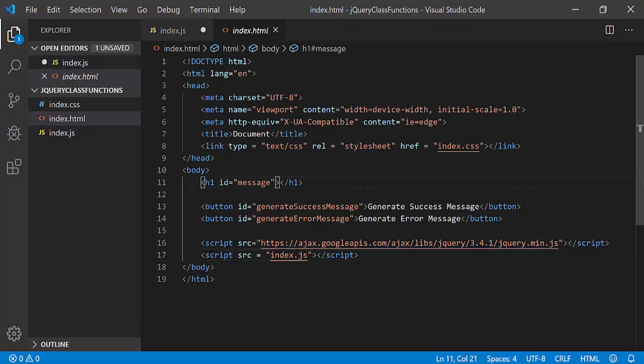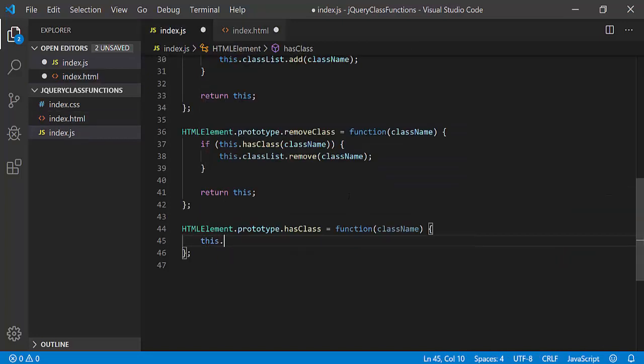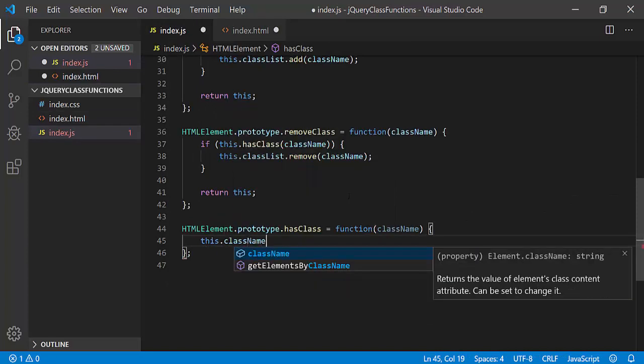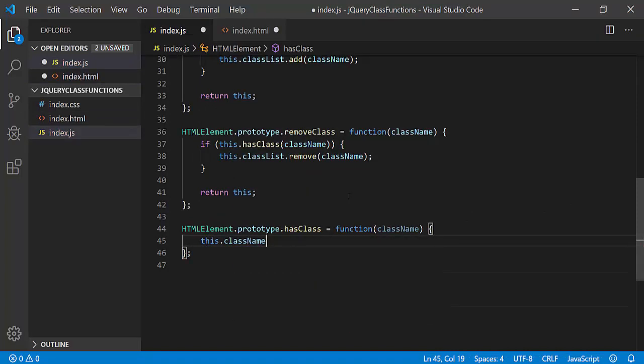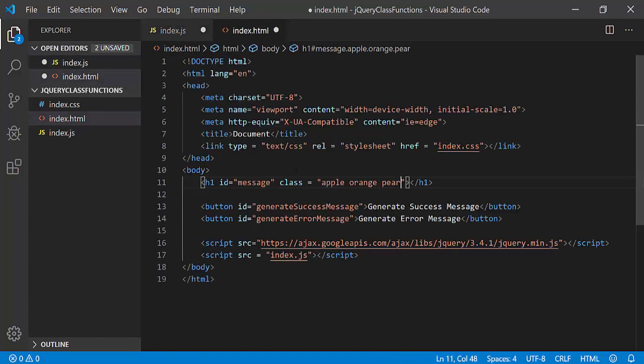So if this element already had a few classes, say apple, orange, pear, then what they say is get me the element's class name and find out if this string